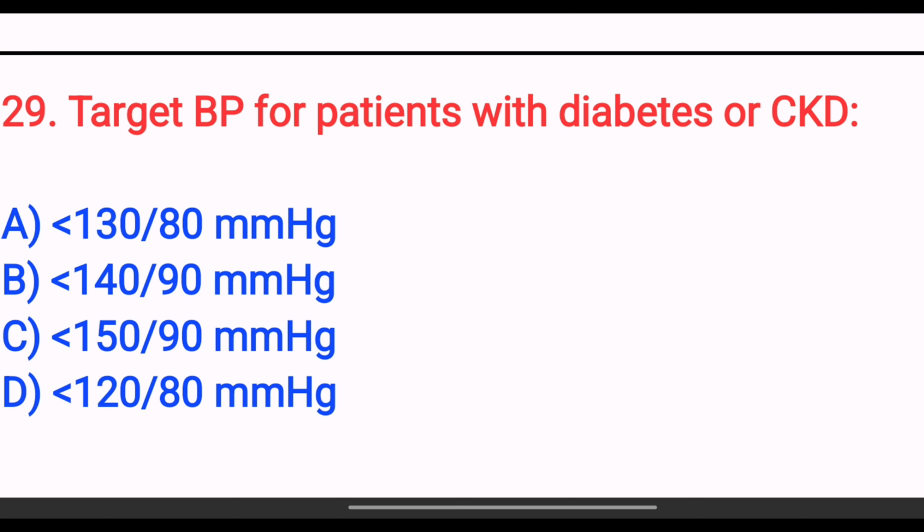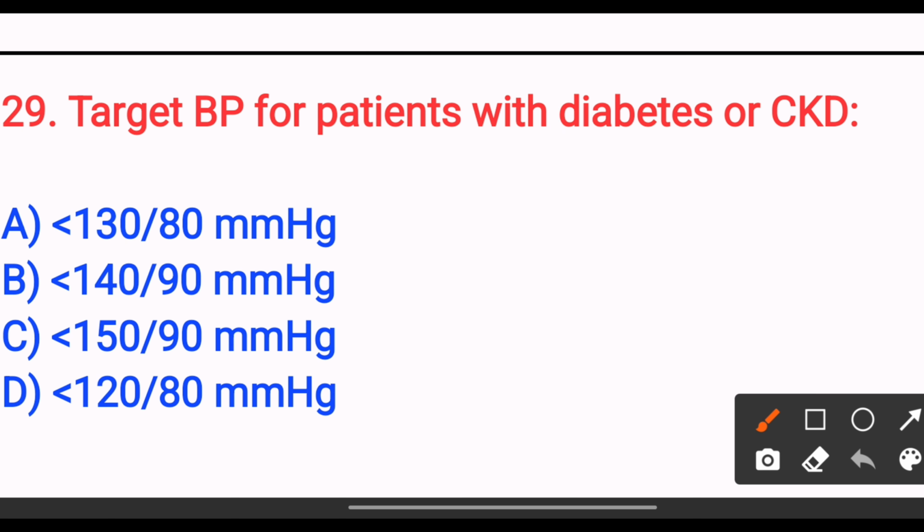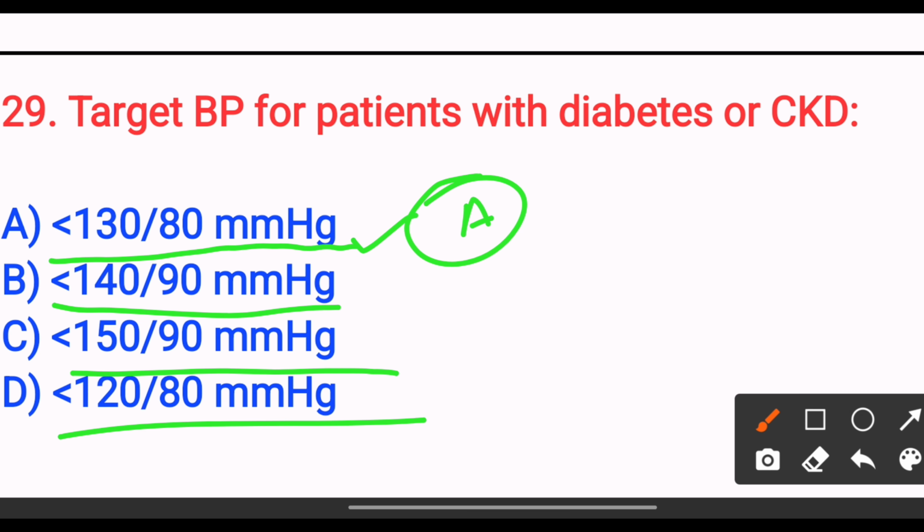Target BP for diabetic patients or those with CKD, chronic kidney disease: option A, less than 130 by 80 mm of Hg. Option B, 140 by 90 mm of Hg. Option C, less than 150 by 90 mm of Hg. Option D, less than 120 by 80 mm of Hg. The answer is option A, 130 by 80 mm of Hg, because a lower target BP is recommended to prevent end organ damage. So the answer is option A. Next,